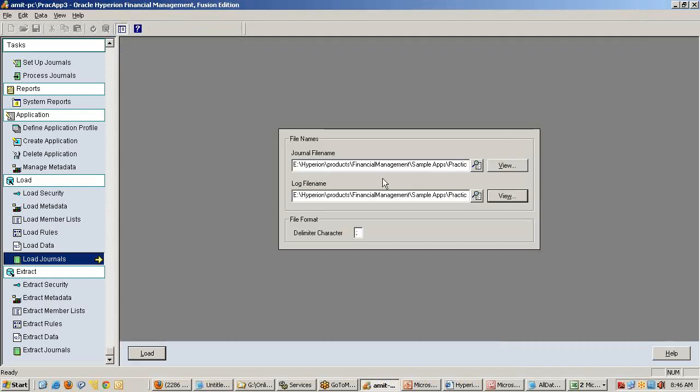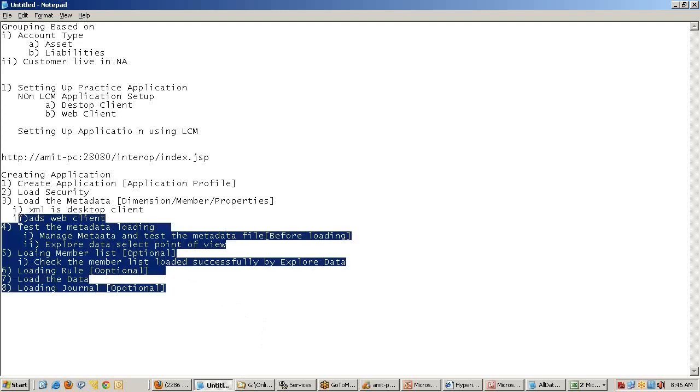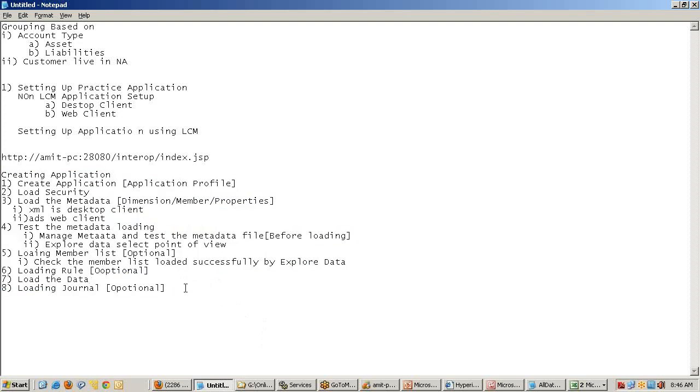So by doing all these steps, your sample application would be ready for your practice purpose in a desktop application. These are all the steps. I'm going to do the same thing for web client. Right?